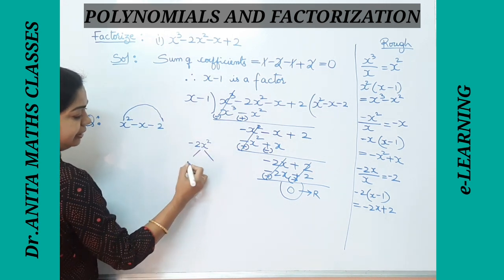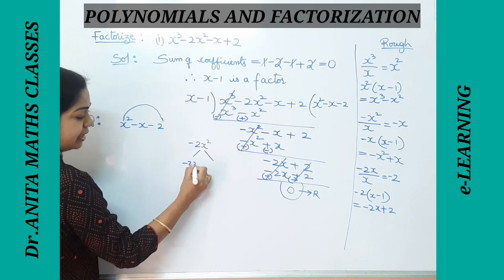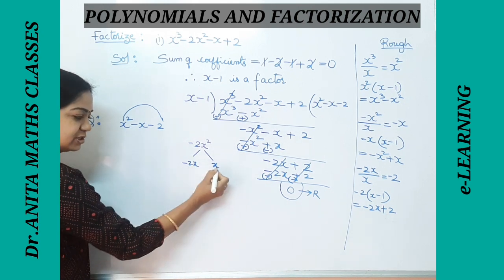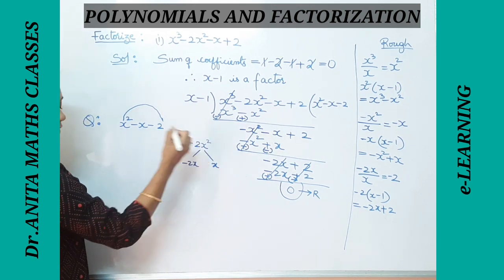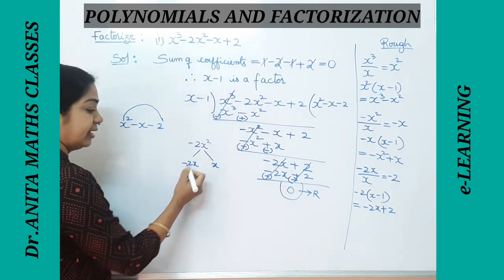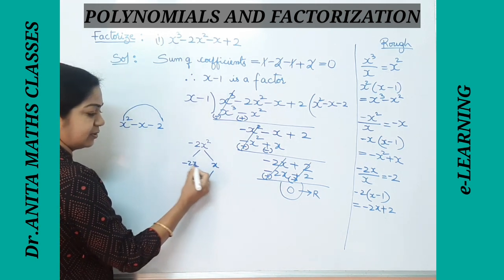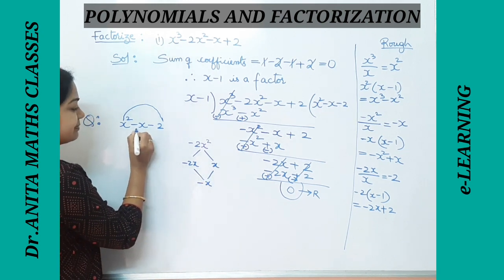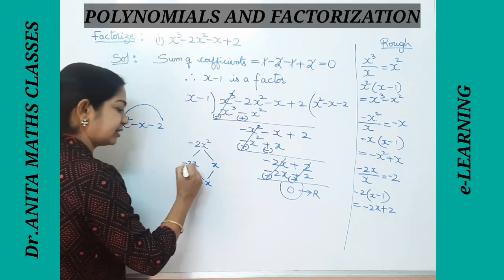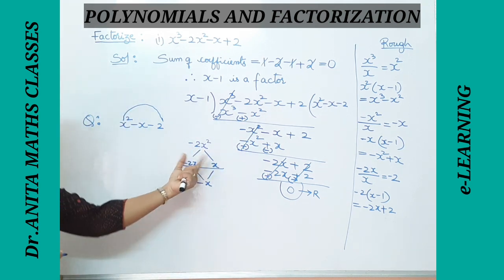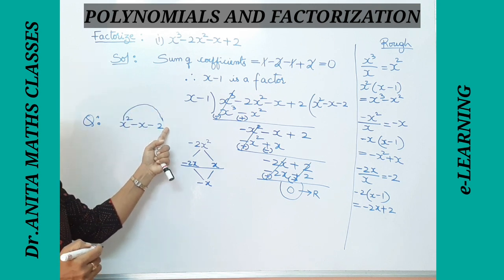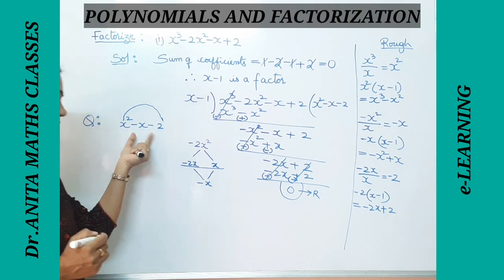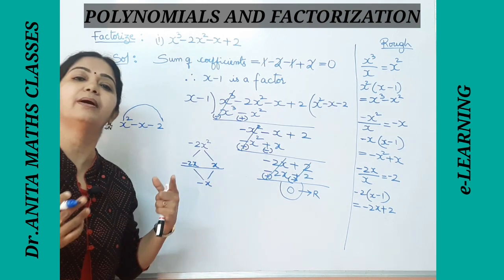Now here I'll do it. If I take minus 2x and x as factors, if I multiply these two, minus 2x into x, you get minus 2x square, right? But if you add or subtract, because there are different signs we need to subtract. So if you subtract, I get minus x. So minus x is my middle term. So such factors we should take such that if you multiply them, you get the product of these extremes, and depending on the signs, if you add or subtract, you should get the middle term. That is called splitting of the middle term.